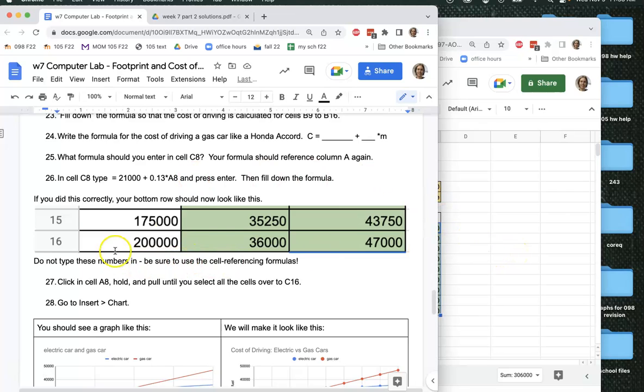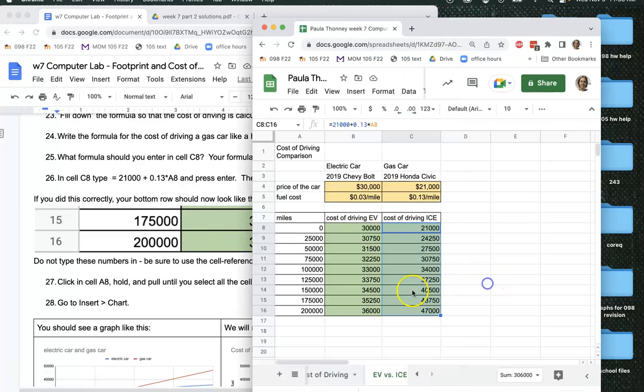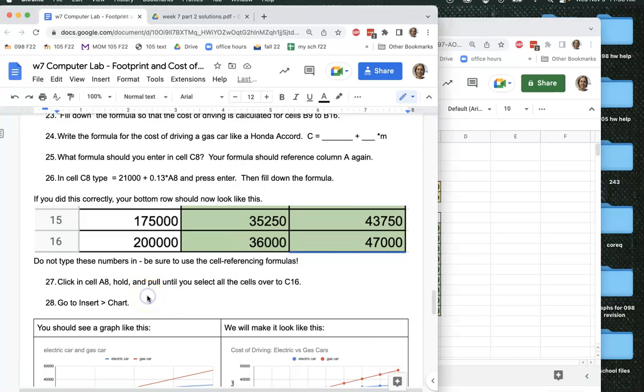And do not type these numbers in, but now that I did my formulas correctly, these are the values I was supposed to get. And so what we're seeing here is that the gas car costs more in the long run, and the electric car is cheaper in the long run to drive. So